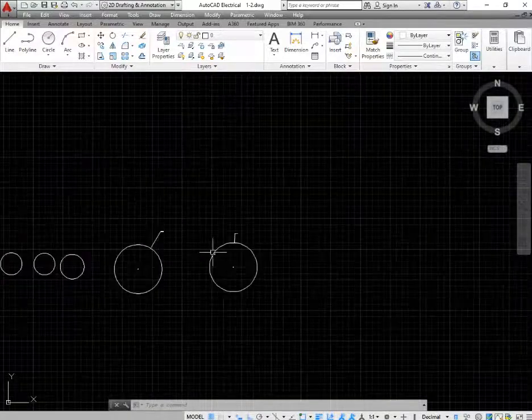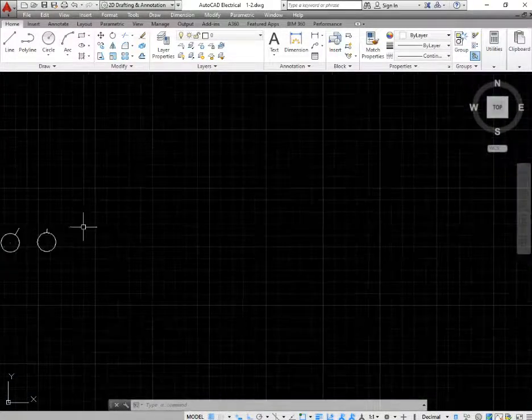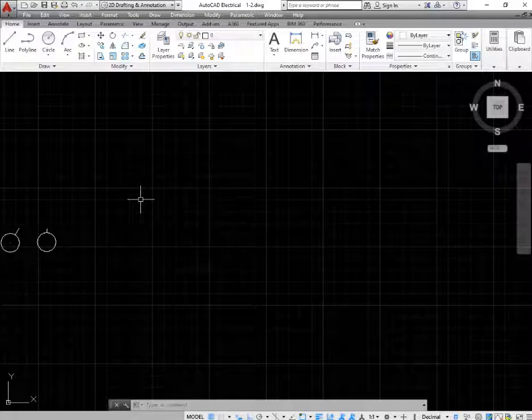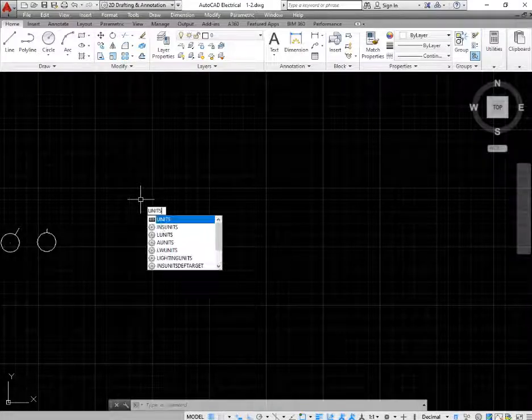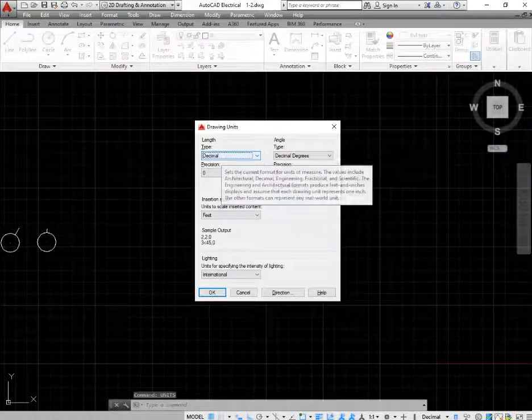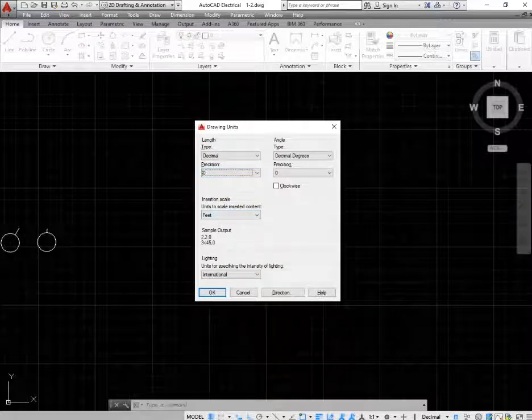Again guys, if you want to choose the unit of drawing, your drawing is in feet. Sometimes the units are different, so if you want units per your requirements, simply type UNITS and press enter. In the units column you will see, select the decimal, precision as 0, and here below you can see insertion scale, units to be scaled for inserted content.